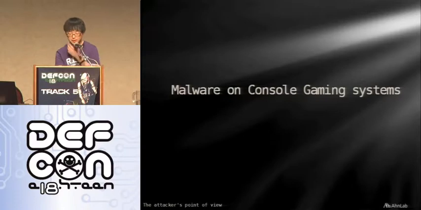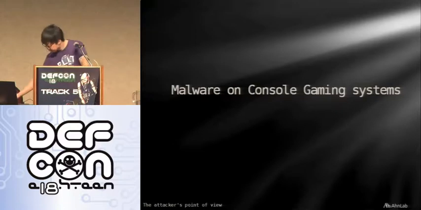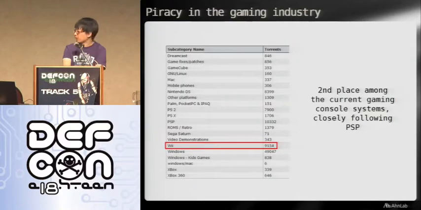That's it for the Nintendo DS, and now we'll talk about malware on gaming consoles. And we particularly targeted the system Nintendo Wii, and the reason is that, as you can see on the picture on the left side, Wii is marked as the second most pirated system among all gaming consoles, and also according to a survey, a lot of companies put Nintendo Wii in their break